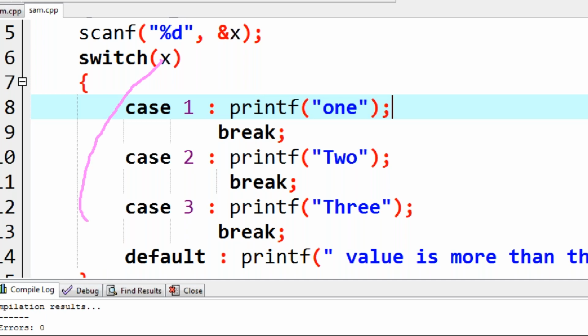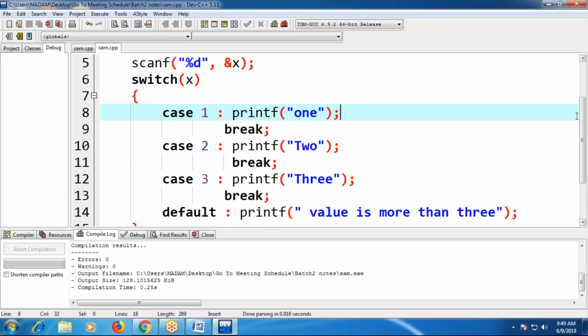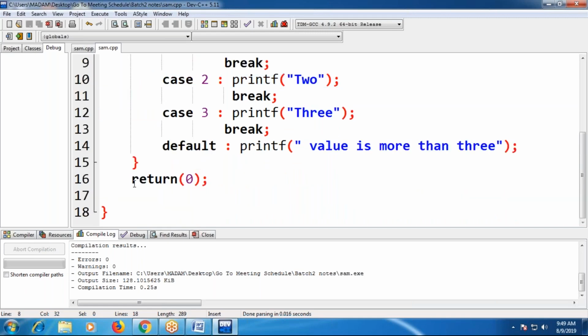It will go to the default. What is in the default? You have only one printf statement, value more than 3. That is displayed. After that, where is it going? That is the end of the body. Automatically you come out of the body, then you come to